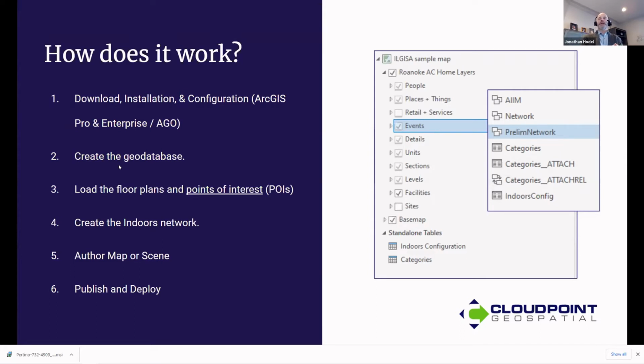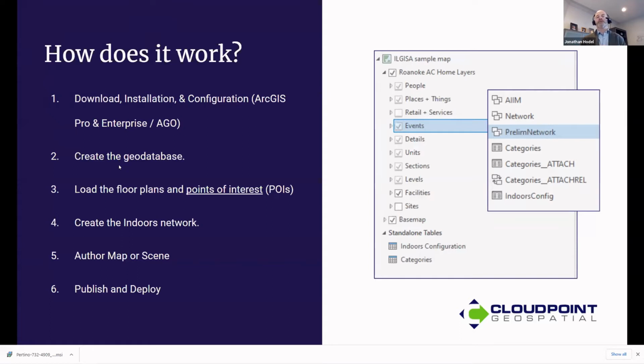Points of interest are a key component of the indoors solution, because they will be helpful for navigation. Those are going to be useful for searching, and obviously pretty much everything we're going to relate with as far as engaging with data is involved in those points of interest. Then the key component of this also is having a network for the routing. If you want to do directions and routing within the building, you have to have a network enabled with a